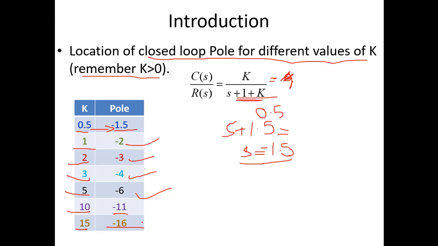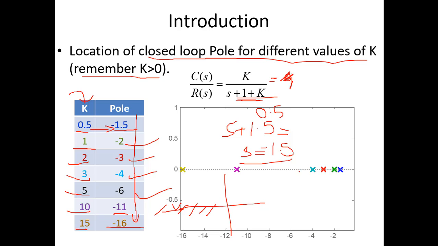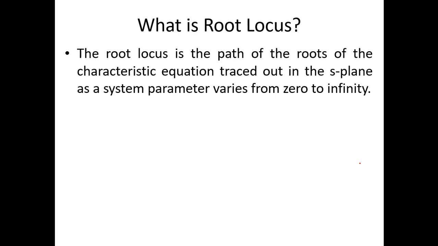You see that whatever value of K you put, you are getting the value in the minus region. All the signs are on the negative side, so it means all the poles are on the left hand side. So the system is stable for all values of K. You see that this is your 0, and all of the poles are on this side of the x-axis. So this is very much a stable system.